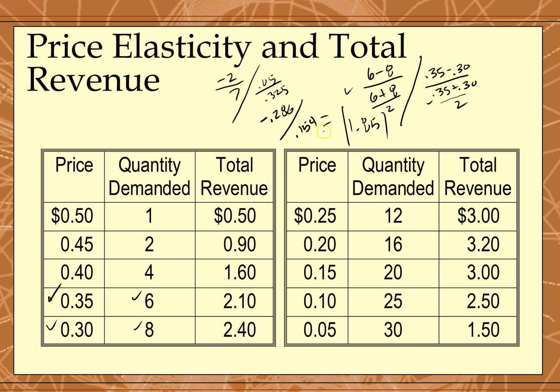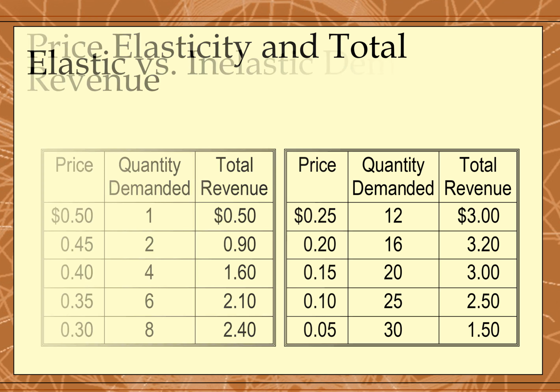So the value of E equals 1.85. Now what we're going to do is interpret what that number means. 1.85%. So value of E. So what does that mean? It means that consumers are relatively sensitive to a change of price. Why is that? Well,